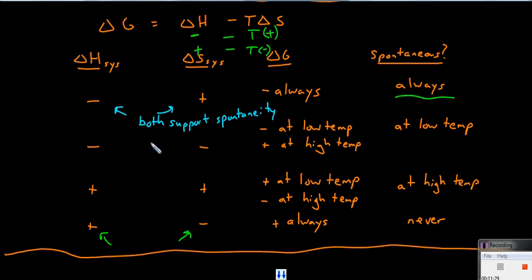But these other cases, we have negative and negative, and it really depends upon the temperature. If temperature is 0, such as at low temperatures, you can cross this out. So cross out all that at low temperatures. What do you have? Delta G is equal to delta H. If you have a negative delta S, delta H of the reaction, then your delta G is negative as well. And so it's spontaneous at low temperatures, but not spontaneous at high temperatures. And then if your temperature were infinite, then it would be opposite, and delta H would have no value. At a high temperature, delta G would be negative, and that would be not spontaneous. And then you can surmise the rest about this.